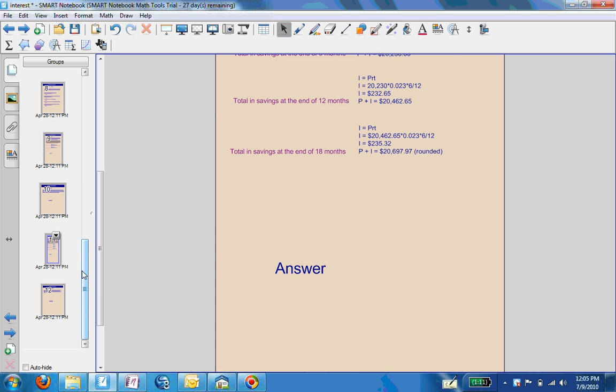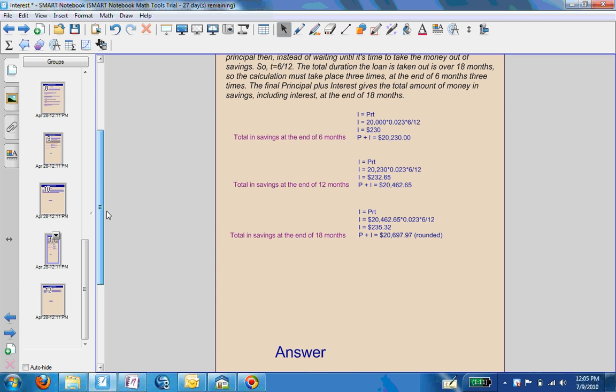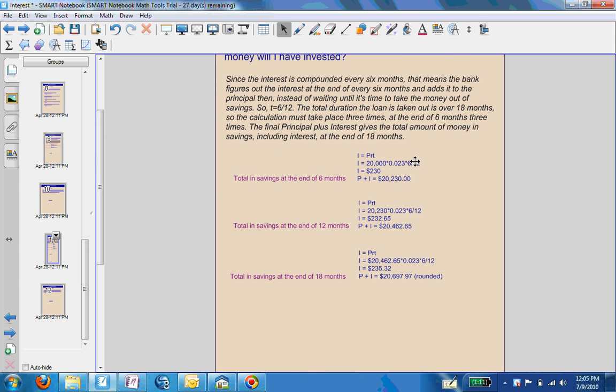So again, when you're working with compound interest, you're going to have to basically use this simple interest formula multiple times. And the only thing that's tricky is remembering the difference between the time is how frequently you compound. The total duration helps you figure out how many times you have to use the simple interest formula. And the principal will change each time until you get the final amount that you either owe or that you